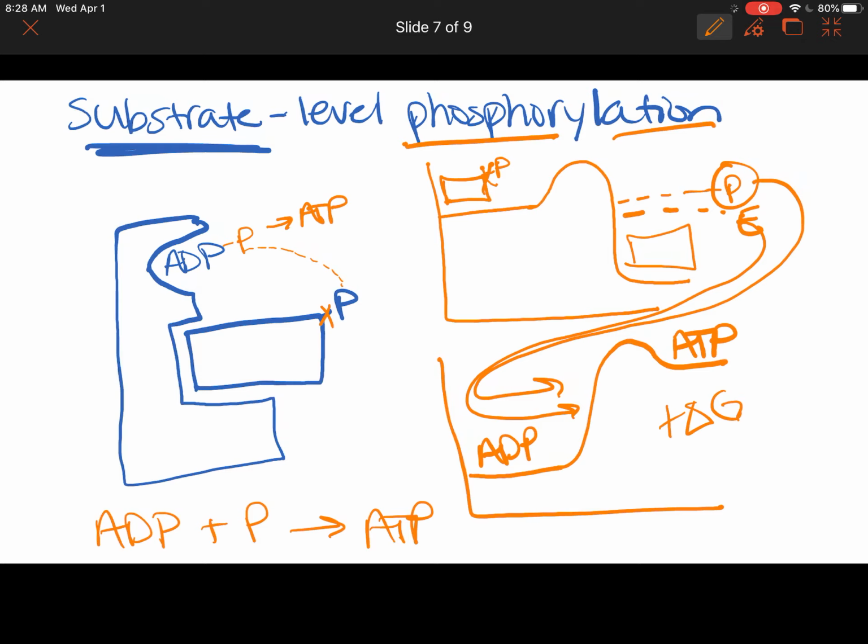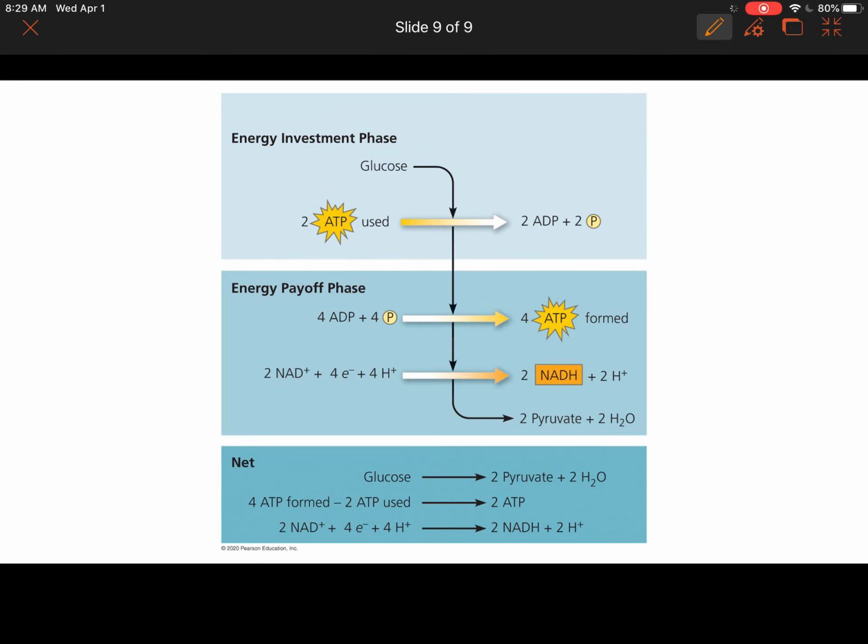Okay, so this is substrate level phosphorylation, using an enzyme to transfer a phosphate group from an initial substrate onto ADP to make ATP. Okay, I don't think I need that slide. Okay, so